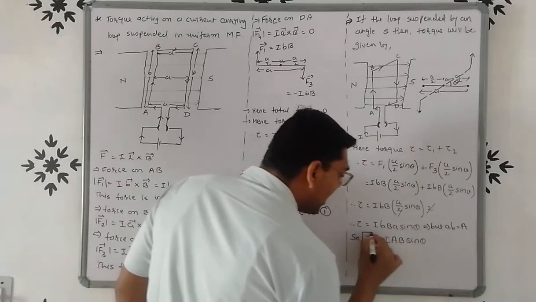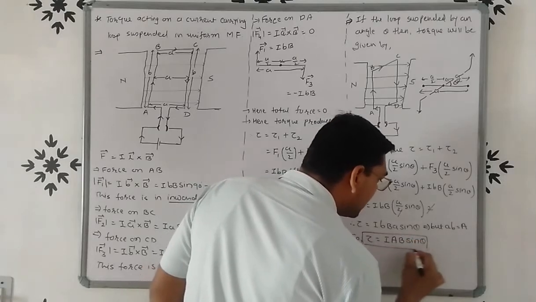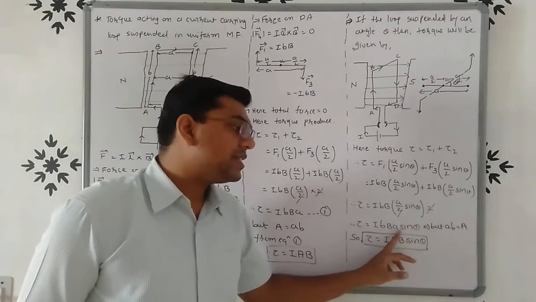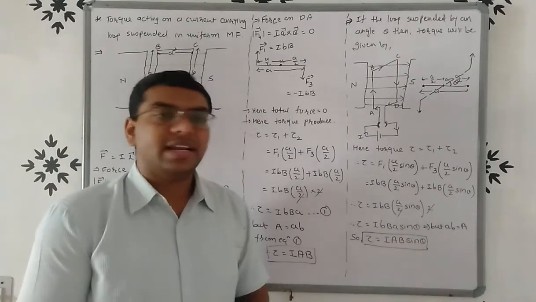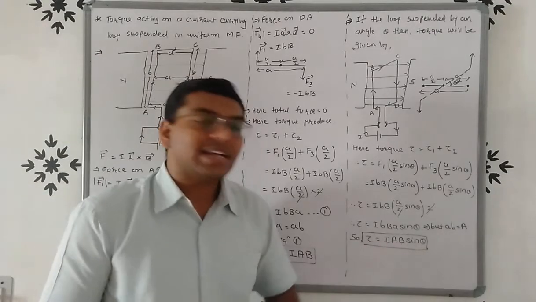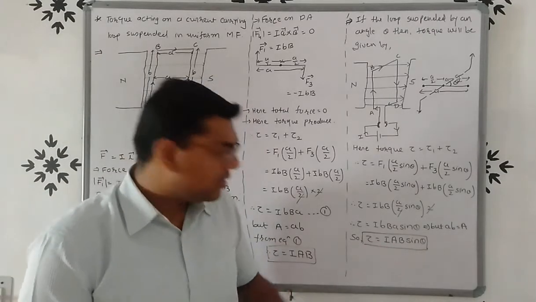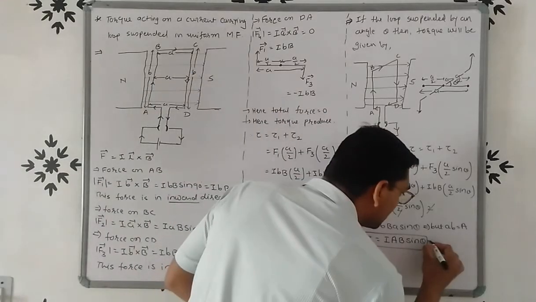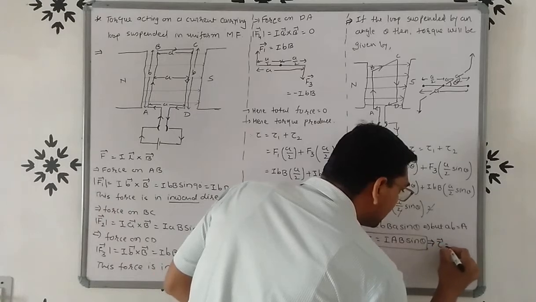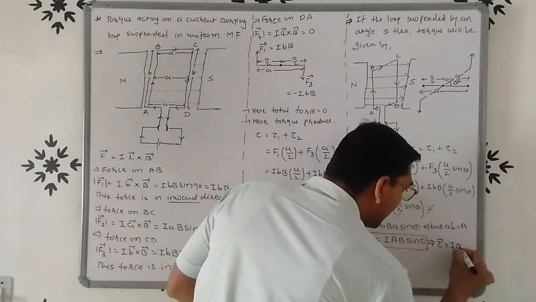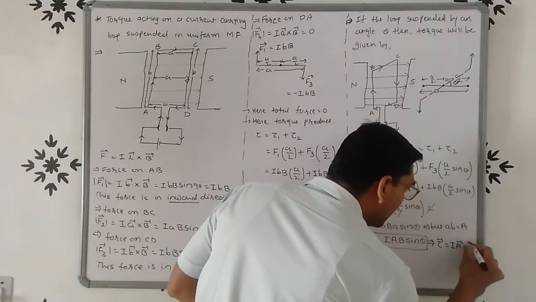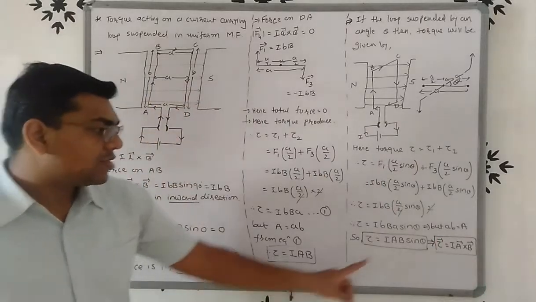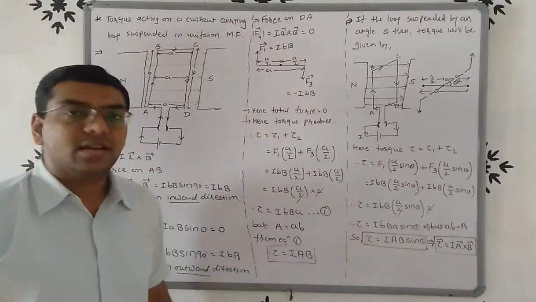So the equation will be like this: tau is equal to I, as it is, into A, that is area, into B sin theta. We know that area is a vector quantity and the magnetic field is also a vector, so here there is a vector product between two vectors. So the equation will be like this: tau is equal to I vector A cross vector B. So torque will be given by this.